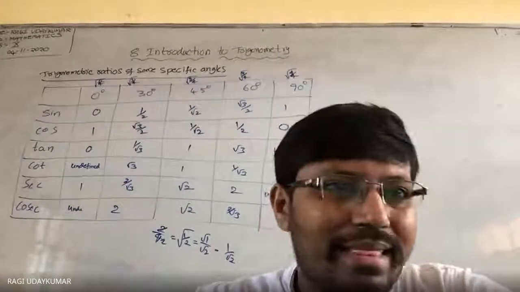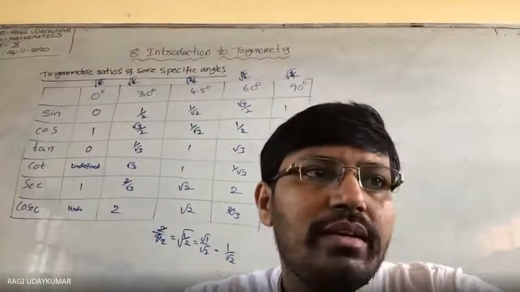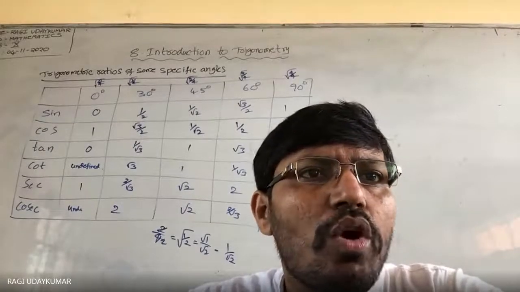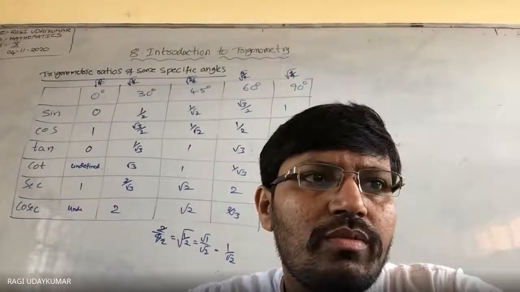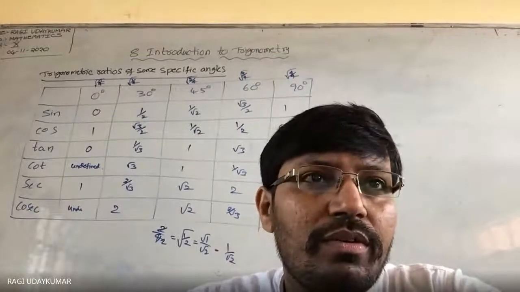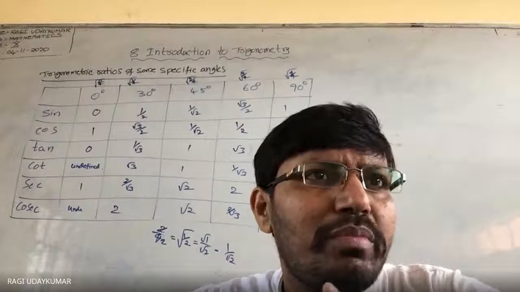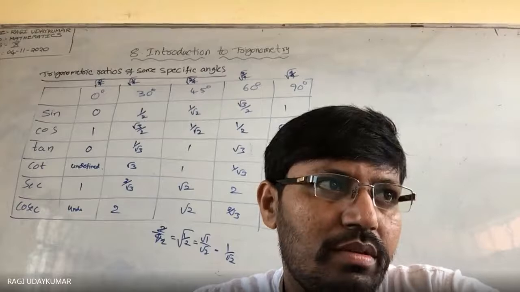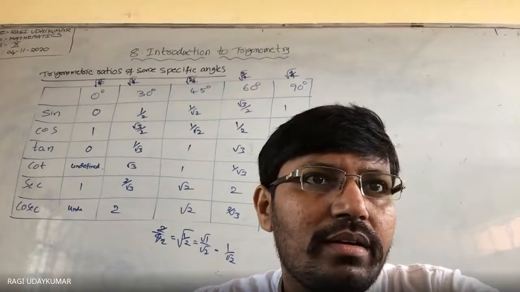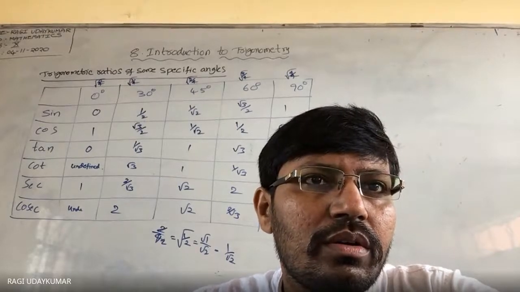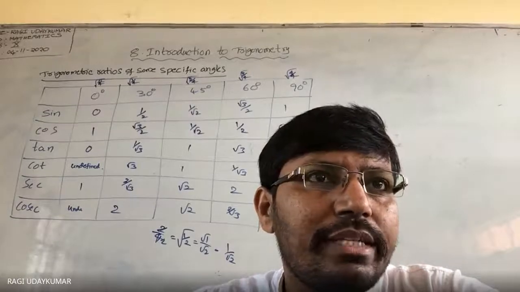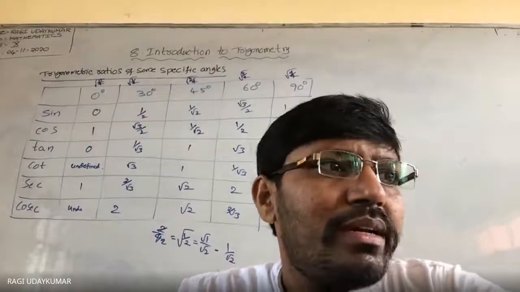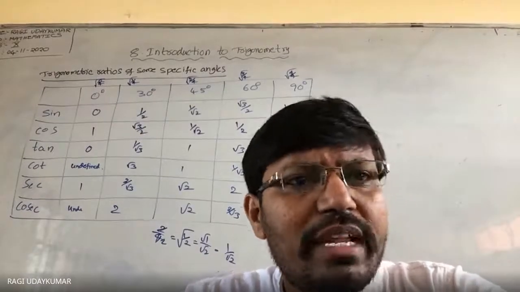Okay, so based on this exercise 8.2 is there, which is given to you in your textbook, and I want everyone to learn all these trigonometric ratios, values of the specific angles. Whenever I ask you, then immediately you should be ready to say. So do remember that. समझ में आया? So all the trigonometric ratios of the specific angles, every value you have to know. And whenever I ask you,